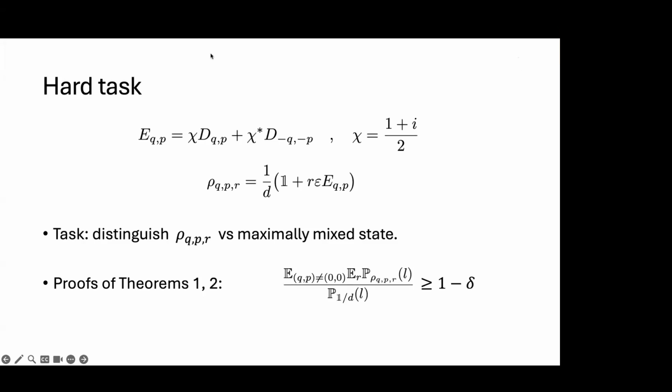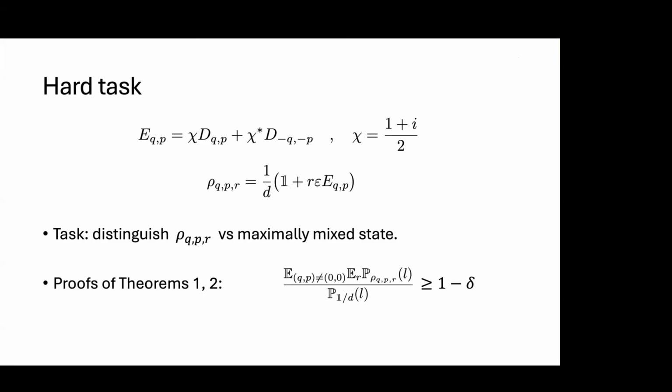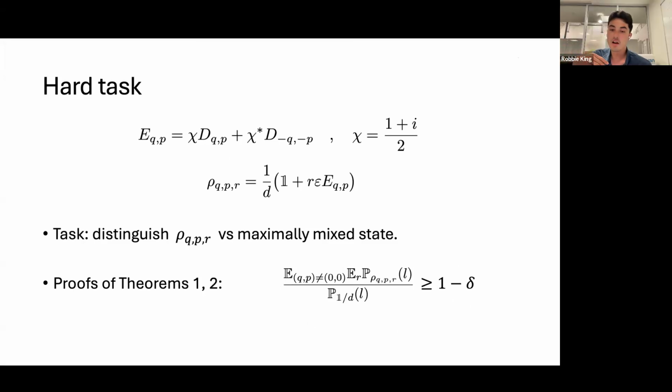I see. Thanks. Yeah, and then the key thing you want to show is this equation at the bottom, where L is sort of the transcript of the experiment. Say I measure in these bases, then it can even be an adaptive experiment. So L is the entire history of the measurements, and for any experiment, the probabilities are very close between these two if I don't have rho star.